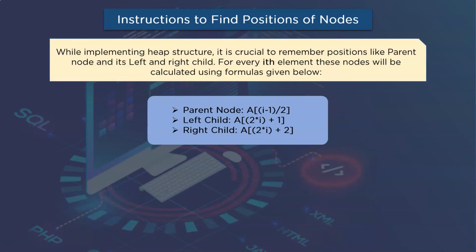As discussed earlier, while implementing a heap data structure, we know that all the elements will get stored in an array, and we don't have any pointers pointing to either child or parent nodes. So how exactly does the heap data structure remember nodes like parent nodes and its left or right nodes? Well, if you have learned binary trees, then you must know the formulas present on your screen. These formulas determine the left child, right child, or even the parent node of any binary tree.